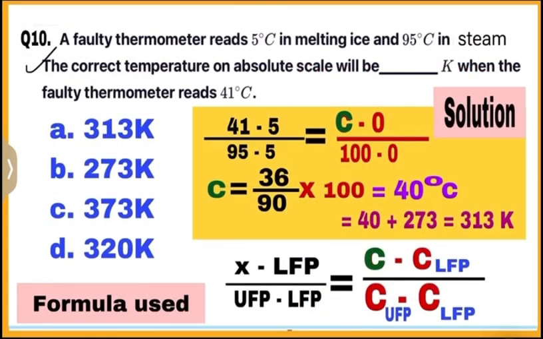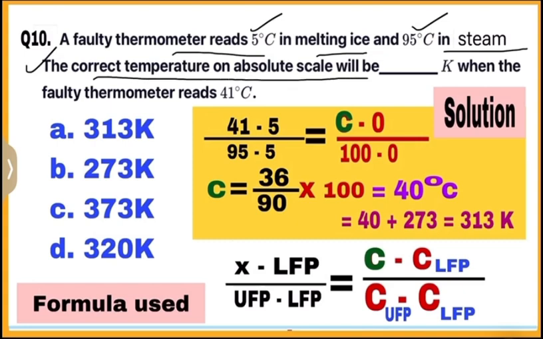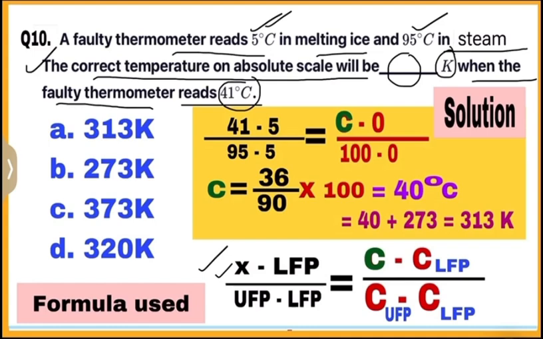Question number 10. A faulty thermometer reads 5 degrees Celsius in melting ice and 95 degrees Celsius in steam. The correct temperature on absolute scale will be dash in Kelvin when the faulty thermometer reads 41 degrees Celsius. Use this formula. X is the temperature in faulty thermometer which is 41 degrees Celsius minus lower fixed point which is 5 degrees Celsius in faulty thermometer divided by upper fixed point which is 95 in faulty thermometer minus lower